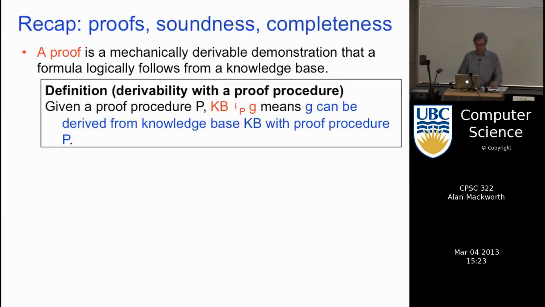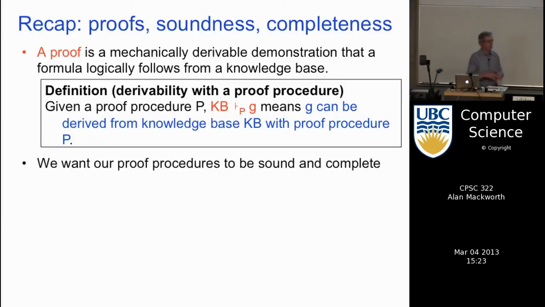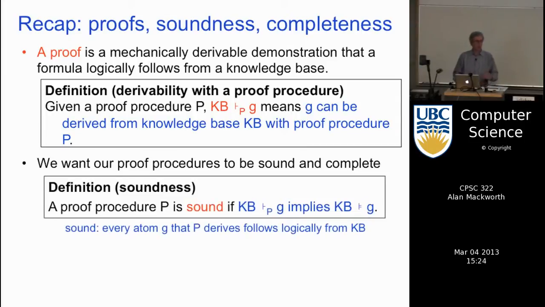Then we're going to talk about different kinds of proof procedures: bottom up, top down. We can even do middle out, but we won't in this course. We'll just do the simple stuff. We want certain properties for these proof procedures because we want to relate back to the semantics, the notion of logically follows, the double turnstile. So what's the connection between the single turnstile and the double turnstile? There are two ways you want to go, of course. The easy one is to show that if G is derivable by P from KB, that implies that G logically follows from the knowledge base.